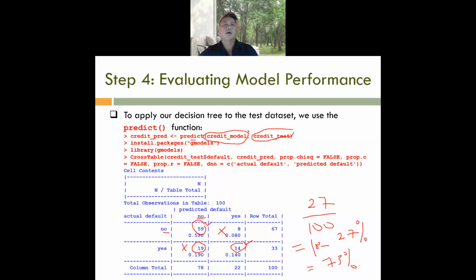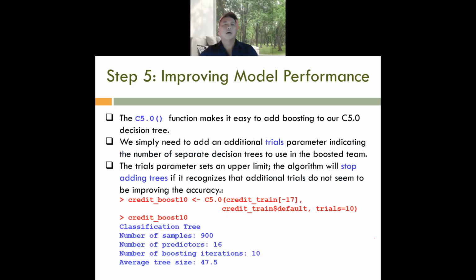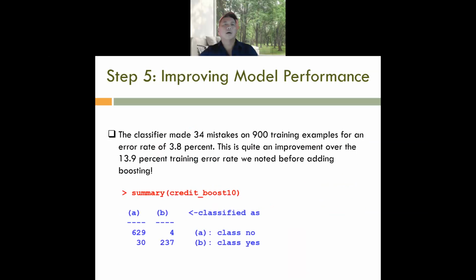But there is a way on how we can improve this one because they call it adaptive boosting, meaning that we can form many trees. When we form many trees, the trees will become forests, okay, random forests. So how do we do that? We say, okay, I will do 10 trials, meaning that I will build 10 trees. So if I compare the performance of these 10 trees,